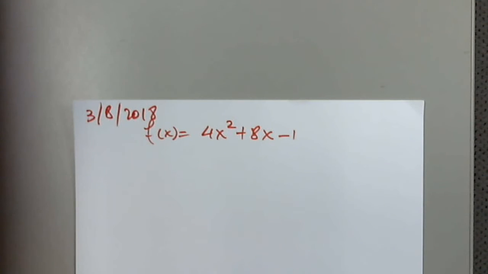What is the first step here? What do we have to do first? You could say the domain. However, we know the domain of a quadratic function is all real numbers. So we normally start with